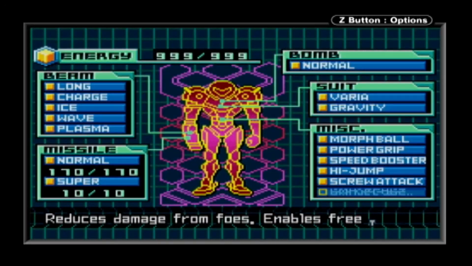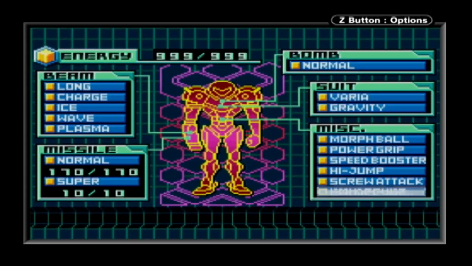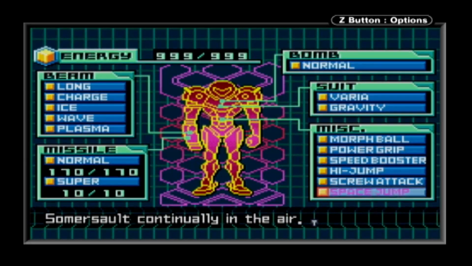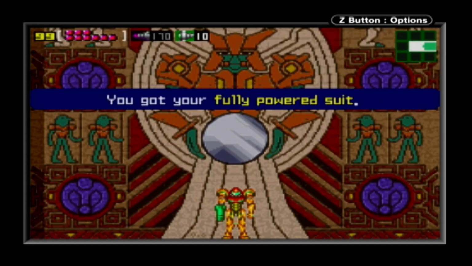I got Gravity Suit, which allows me to do the flying as well as be in the lava. And I've got Space Jump. So now I can do my mid-air somersault. So I just went from being on super defense to being on super